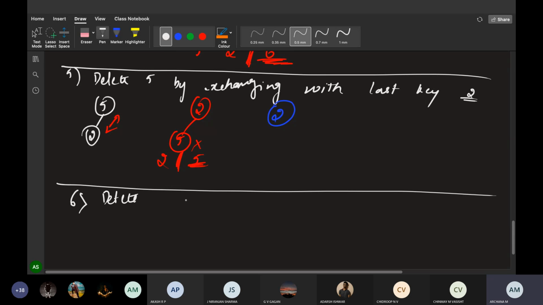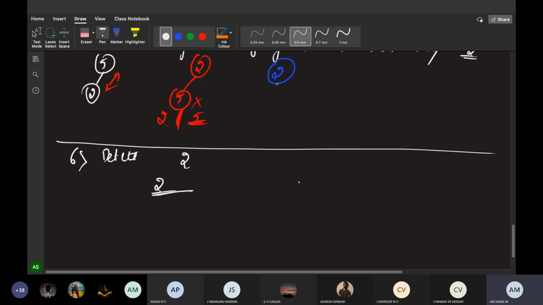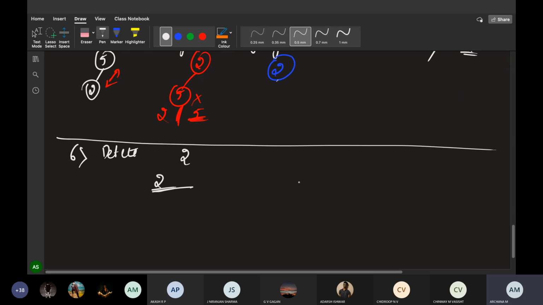What do we delete? 5, delete 2, ma'am. What should I delete? 2, ma'am. Yes, delete 2. Okay, finally I'll get this and delete this. That's all. So in deleting order, I have deleted everything, and finally you have to write the arrays whichever you have deleted from down. Okay, from last you have to keep on going to the beginning.